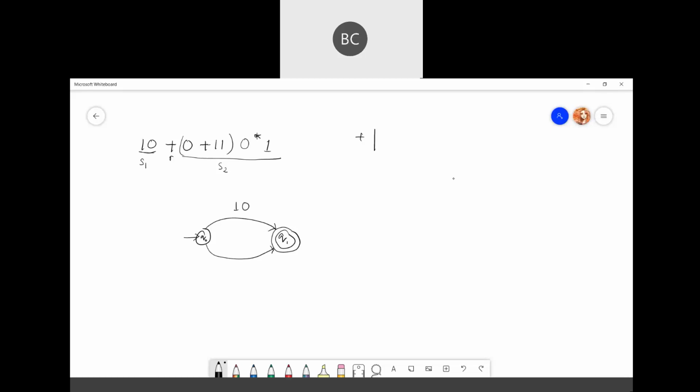The next part is the whole thing, 0 plus 1 1, then 0 star and 1. So you are just satisfying this symbol 1, symbol 2. Since it's an or, obviously one part will go from the initial state to the final state, and the other one will also go from initial to final state. Now this one is not complete yet, right? Because here we have two symbols together and here a whole expression.